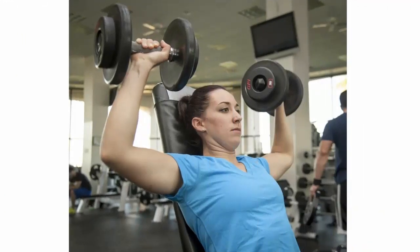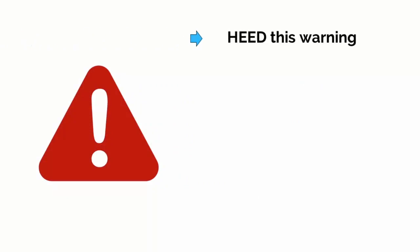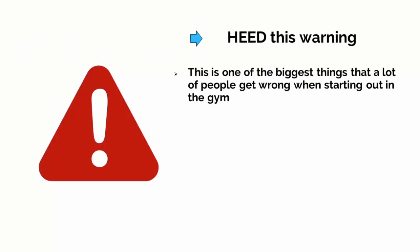Another vitally important metric or readout that your trackers should offer you relating to your training is your recovery. The best trackers, and especially those designed with running in mind, will be able to tell you exactly how long you need to rest before you can train again. If you do a particularly intense workout for say 1.5 hours, it might recommend you wait a few days. Heed this warning. This is one of the biggest things that a lot of people get wrong when starting out